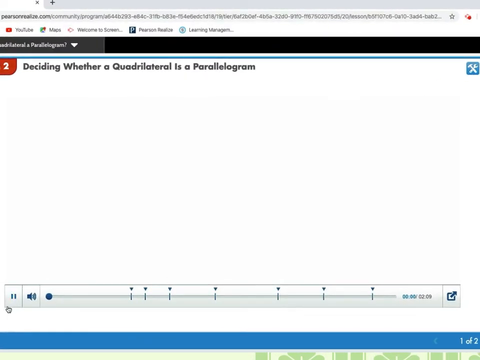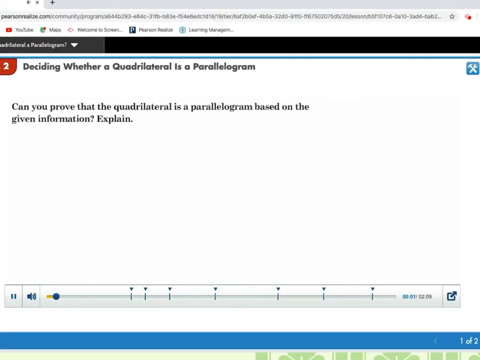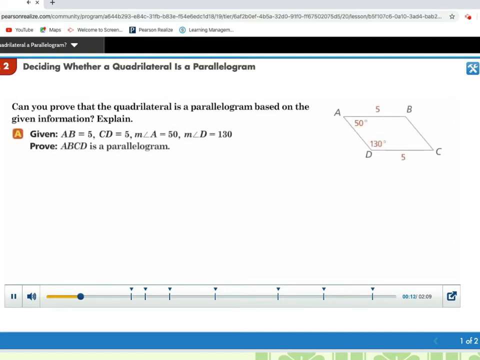Let's discuss problem 2. In this problem, you will decide whether a quadrilateral is a parallelogram. Can you prove that the quadrilateral is a parallelogram based on the given information? Explain. Part A. You are given that the length of segment AB is 5 and the length of segment CD